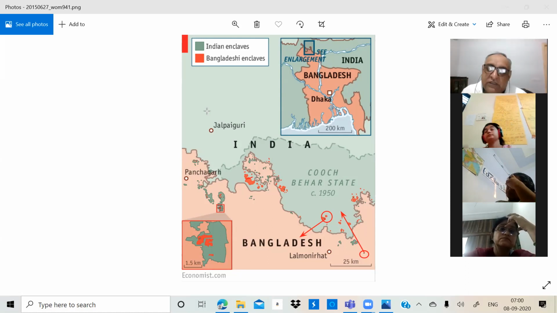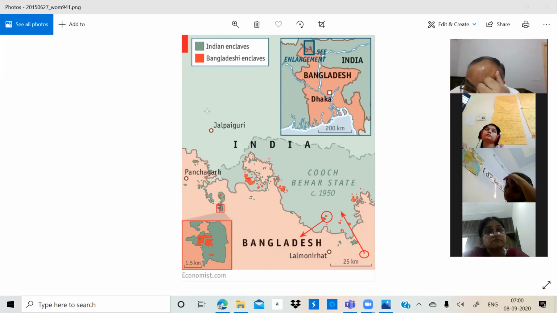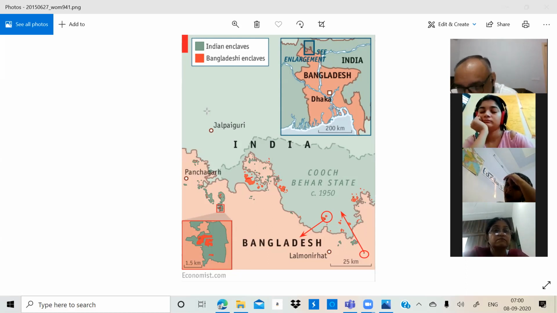सो पहले नेहरू के टाइम से ये एफर्ट्स चल रही थी, बट द प्रॉब्लम क्या थी कि हर कंट्री चाहता था, इंडिया चाहता था कि जो बांग्लादेश में हमारी टेरिटरीज हैं, इंडिया चाहता था कि ये वाली टेरिटरी मान के आप दे दो हमें, लेकिन अपना छोड़ने के लिए तैयार नहीं था कोई भी, वैसे ही बांग्लादेश चाहता था। सो दैट वाज द मेन प्रॉब्लम। इंडिया चाहता था कि आप हमें एक्सेस दे दो, लेकिन बांग्लादेश एक्सेस देने को रेडी नहीं था, ऐसे ही बांग्लादेश कर रहा था। सो दैट इज व्हाई ये मामला लटक रहा था।